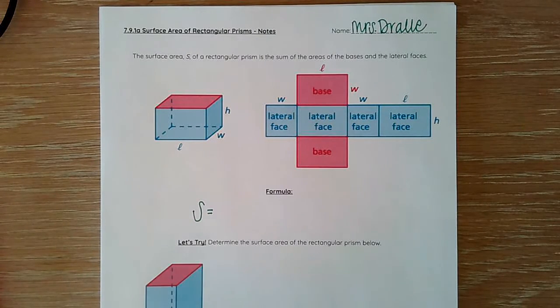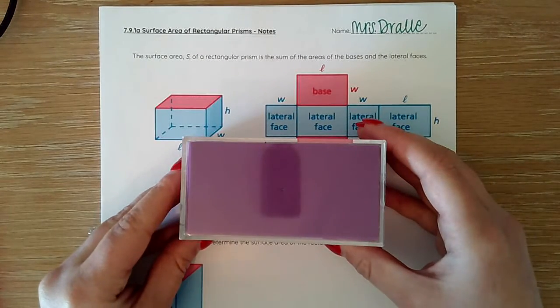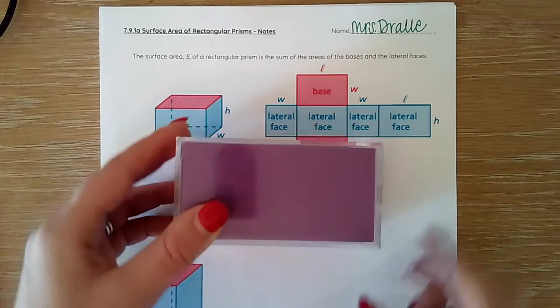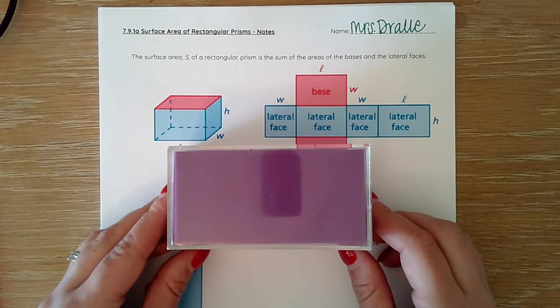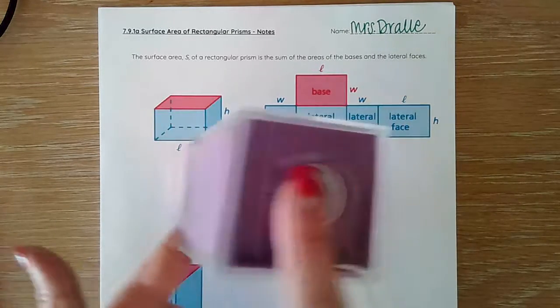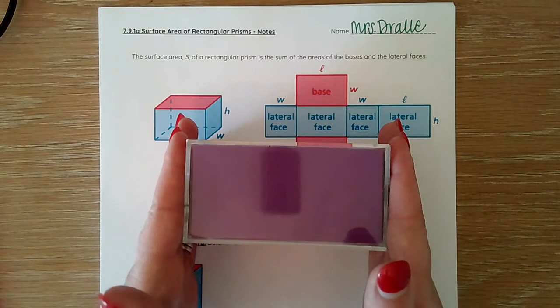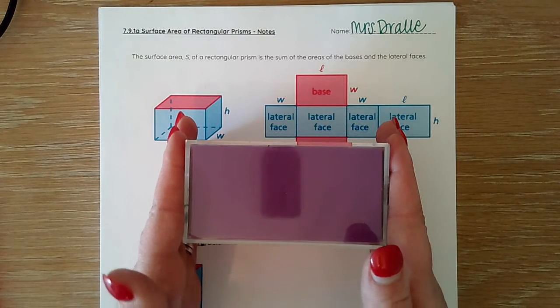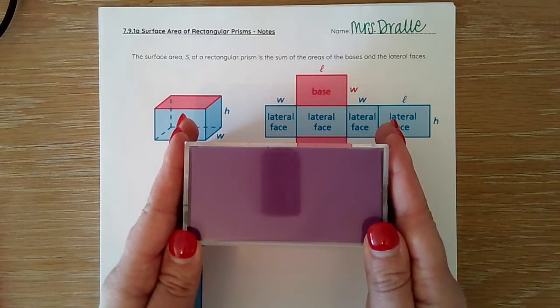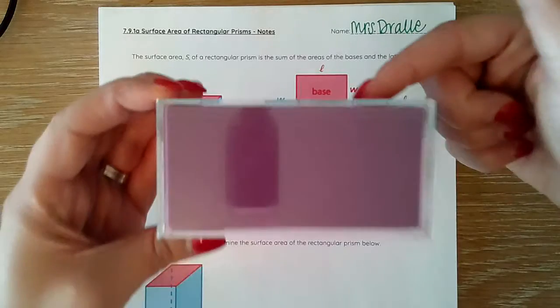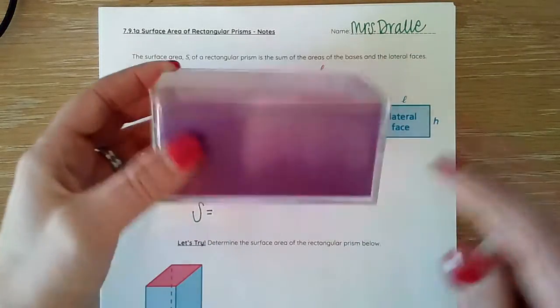Today we are going to talk about finding the surface area of rectangular prisms. We already know that rectangular prisms have a total of 6 faces. And then we also know that they're going to have 2 bases that are rectangular shaped, they run parallel, and they are congruent. We also know because it's a rectangular prism, that opposite lateral faces are also going to be